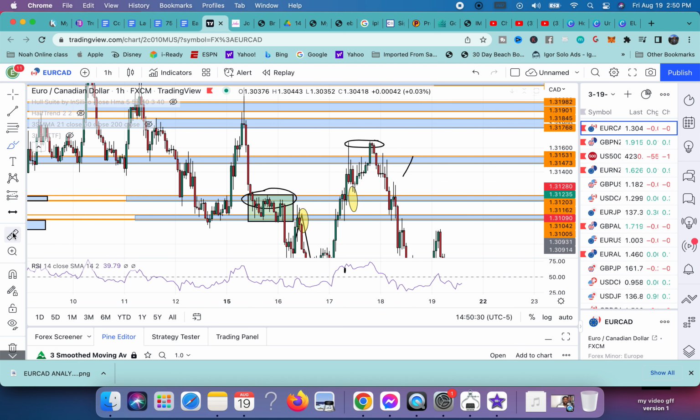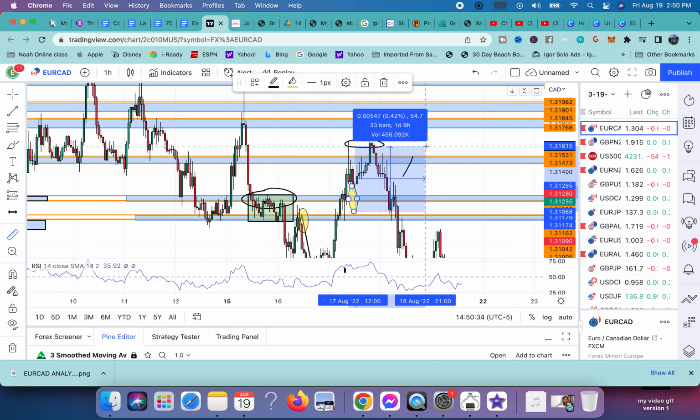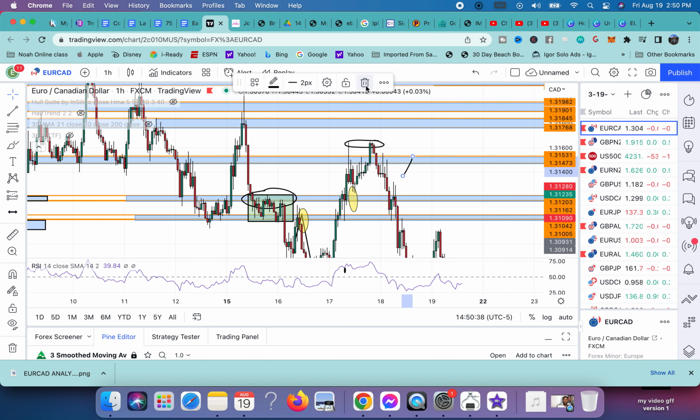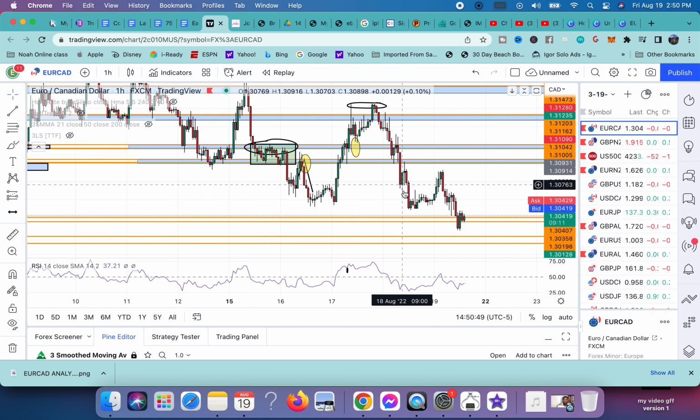Let's look at this. It went up about 50 pips, and it created a lower high, meaning it was not going to reverse the trend. It was staying with the trend. It was just creating a lower high, and then what did price do after that? It dropped back down and created what? A lower low. Then it came up here and created another. It didn't go as high on the next lower high,